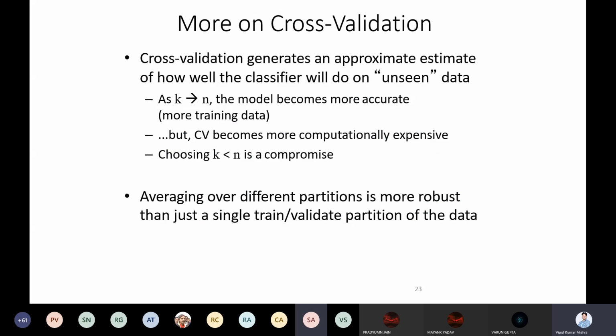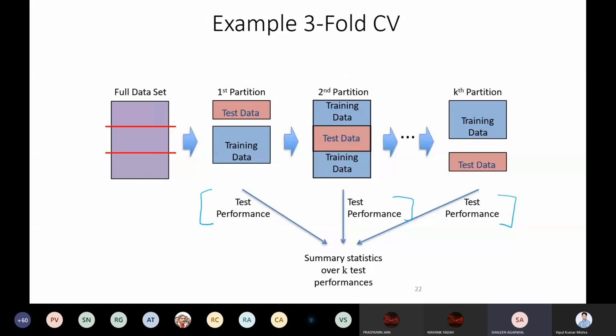But sir, if we are taking test data at different partitions, but suppose that partition is already used in the training data, then won't it be an unrealistic estimate of whether a model is performing well or not? For example, in the first partition we took the uppermost, then we use the second one, but the second one was already used as training data in the first partition. True. Or are we training individual models on each partition? We are training the same model. It's the same weights, sir. So the test data has already been trained on by the model, so it should perform better. It should be modified as per the training data.